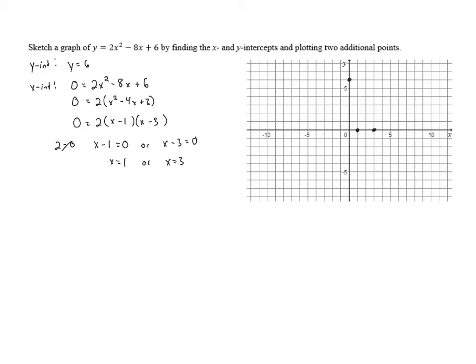We have 3 points on our graph. We also can recognize that this parabola is going to be opening upward, either by looking at these 3 points and recognizing it, or by noticing that the leading coefficient is positive. So we've got an upward opening parabola, and though these 3 points do give us a general idea of the shape, it'll be good to get a couple more points because we don't really know how far down it's going